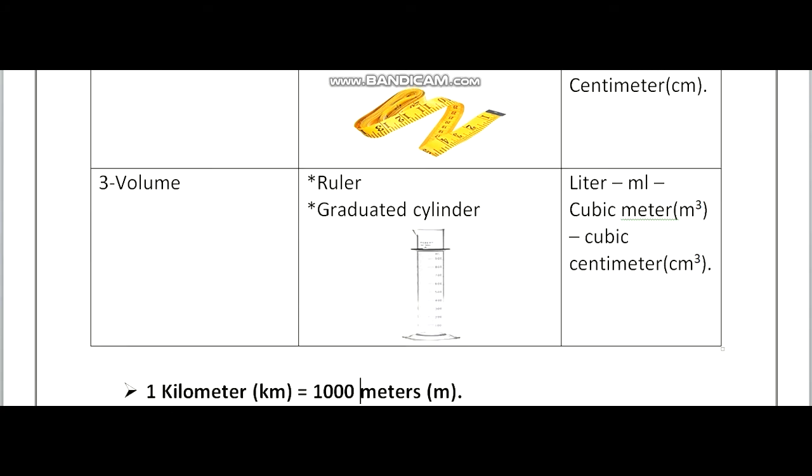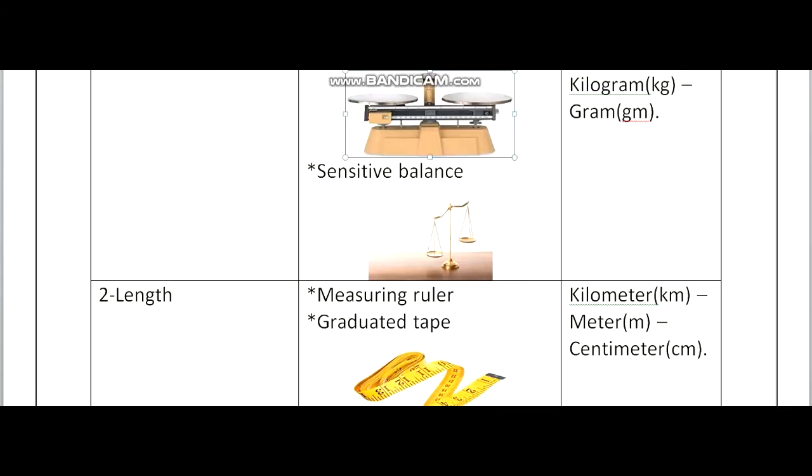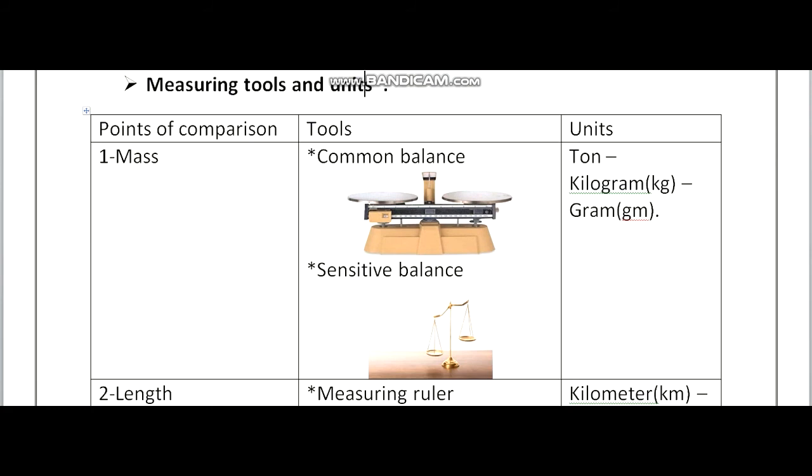bodies. Okay, let's talk about the measuring units of the mass and the length and the volume. I can use the ton to be the unit of the large masses, the very large masses, very big masses, like petrol, like iron, like oil. This is very large masses. So the unit of very large masses is ton,